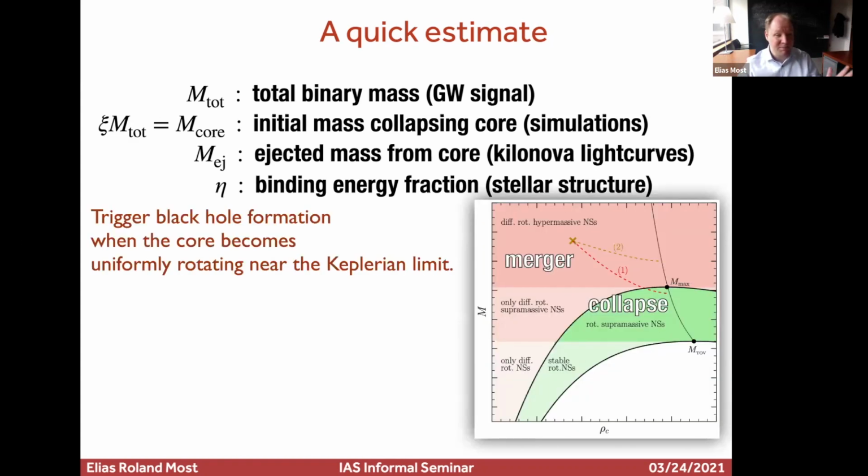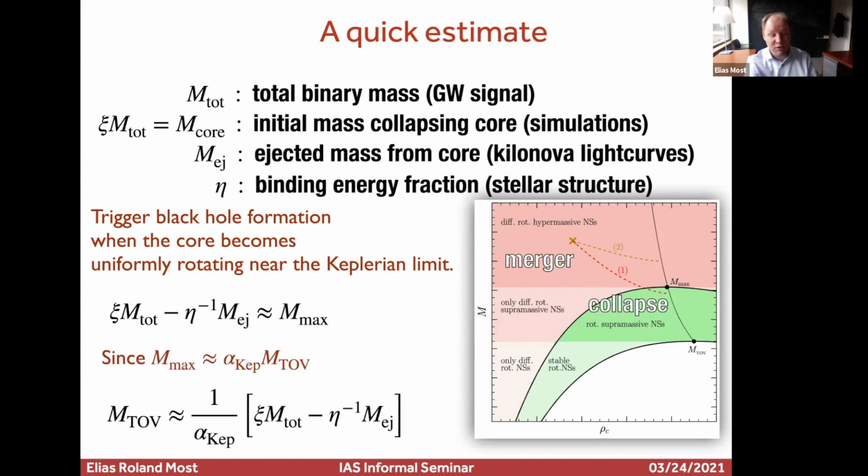And then we translate this into a simple equation. We started out as a differentially rotating star, but only the core essentially collapsed, and before it collapsed, it ejected some mass. This gives you a relation that looks very simple. Under the assumptions I was discussing, you collapse somewhere close to Mmax, and for simplicity, we say you collapse at Mmax. I'm going to relax that later. Then, using the universal relation where Mmax is always 20% more for the maximally uniformly rotating star than for a non-rotating star, we can solve for the mass of the non-rotating star just by plugging in numbers.